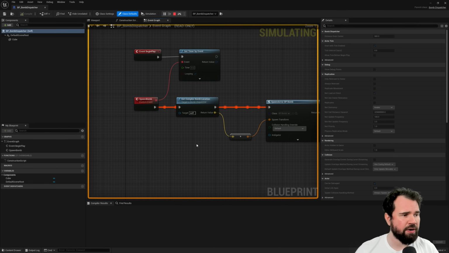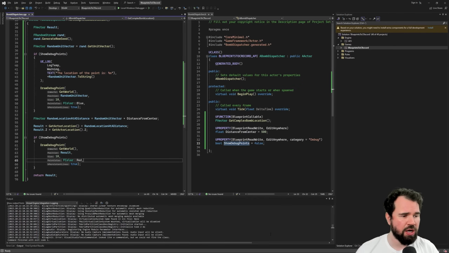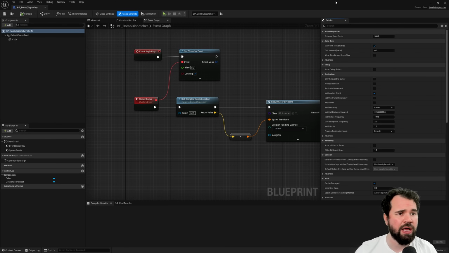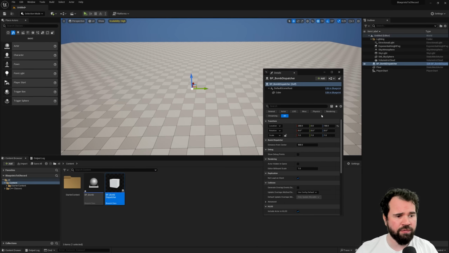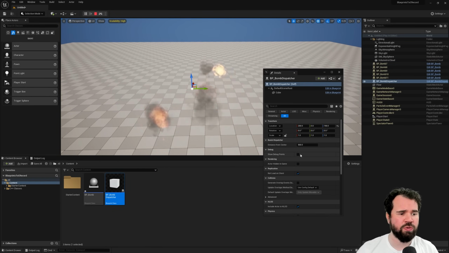You can take a look at here. We have a blueprint function that does this, and then we move the logic of the blueprint function over to C++. It's not a lot of code, but the purpose of this video is to show the process rather than actually explain in detail what we're doing. And we end the video off on showing how we can extend the C++ implementation and do some interesting things